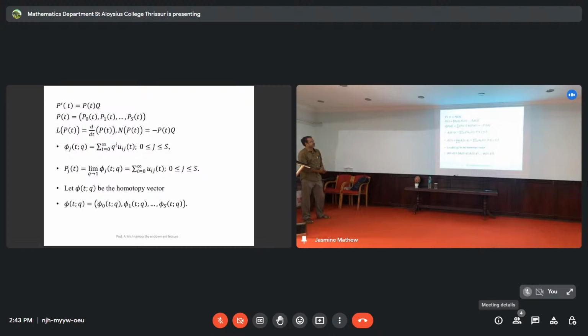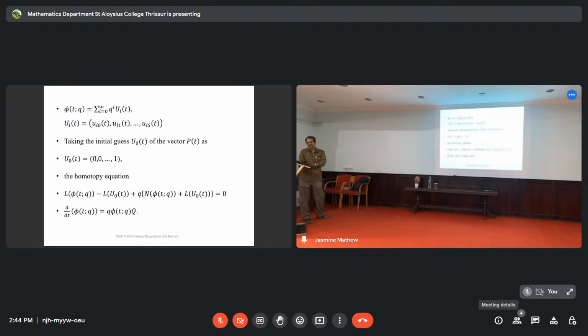Since we have S plus 1 such homotopies, we combine them into a vector given by phi 1 dq, phi 1 dq, etc. Therefore, that vector homotopy phi dq can be represented using UITs, partitioned as U0, U1, etc. So we take the initial guess U0 as a constant one, because that is the easiest one to make, so that we will have a nice form like this one, and the comparison of the coefficients of Q gives